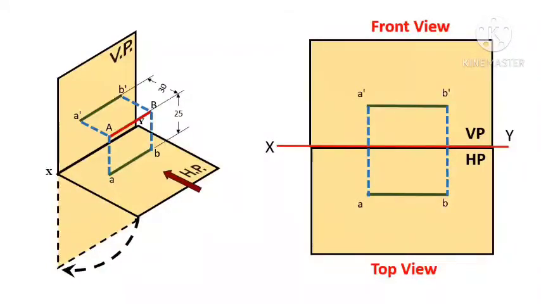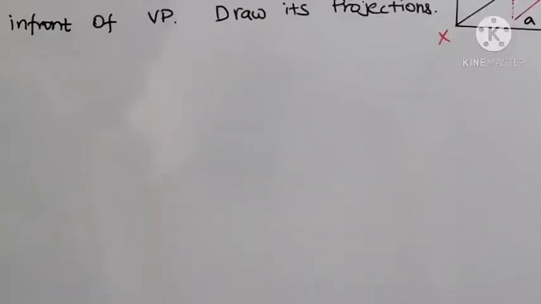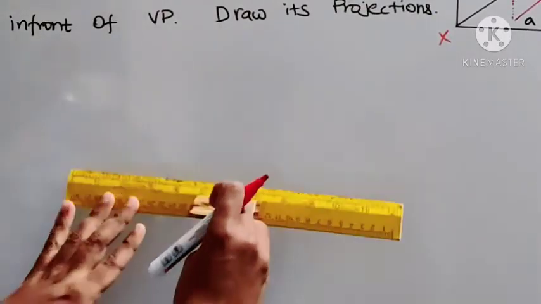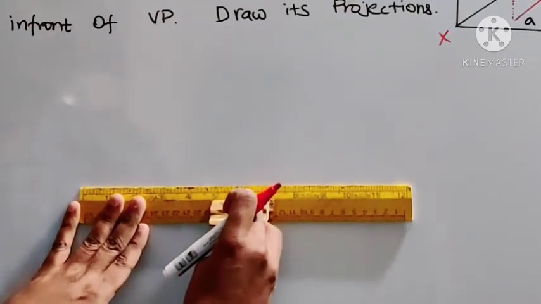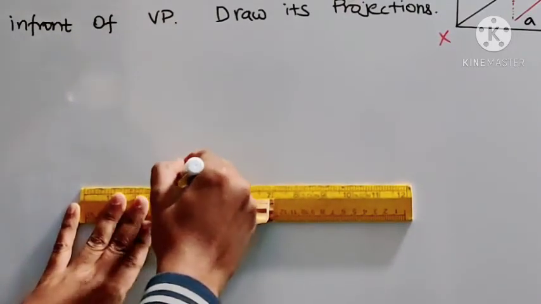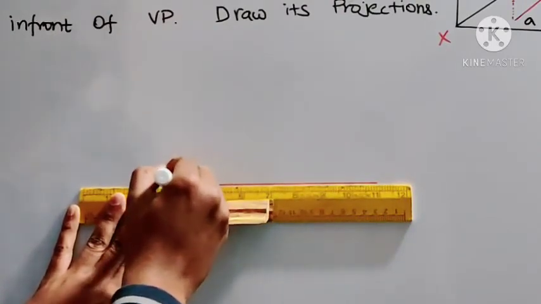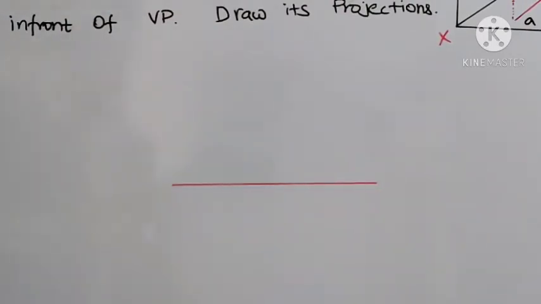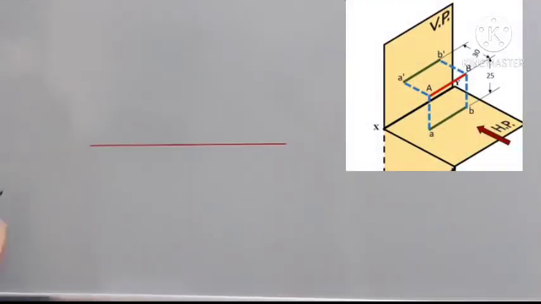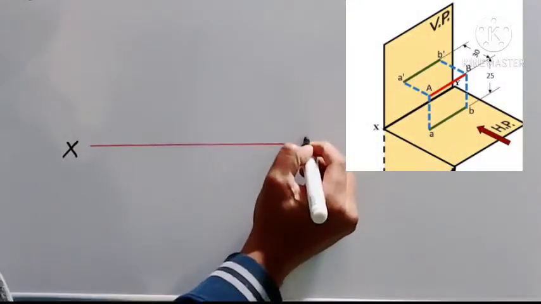During the projection of points, I already told you the vertical plane and the horizontal plane are imaginary planes. It's not necessary to draw the vertical and horizontal planes, whereas you need to represent only the reference line. I'm going to use the red color marker for the 2H pencil and the black color marker for the HB pencil. So this will be my reference line, which needs to be drawn with the 2H pencil. This is my X and this is my Y.